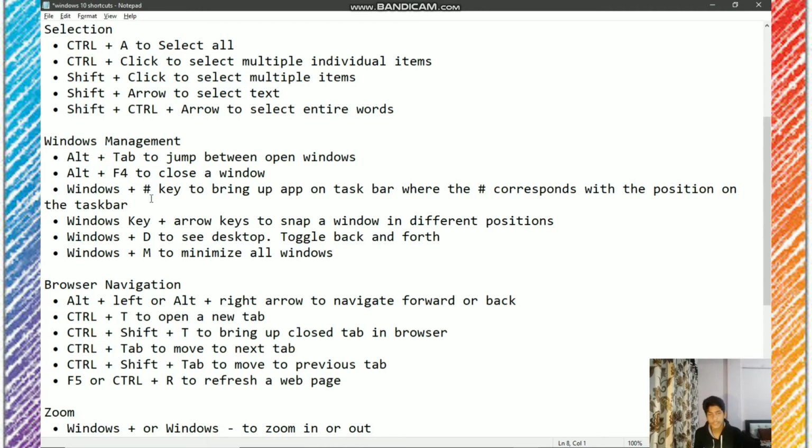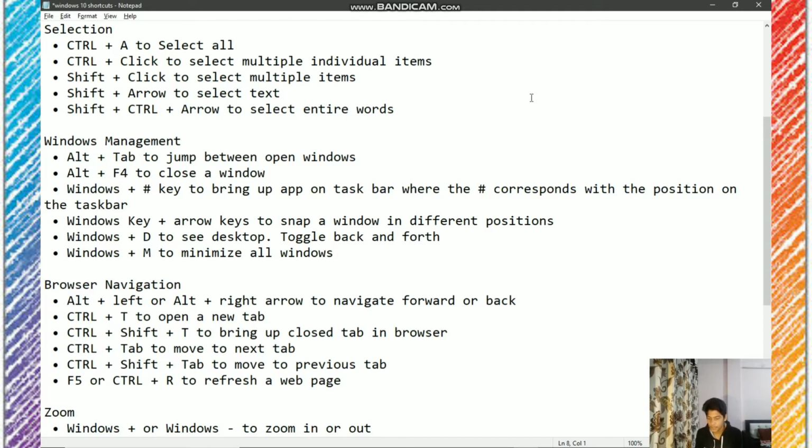You can see these are the number keys with special symbols. So if you press 1, 2, 3, 4, 5, 6, 7, 8, 9, these number keys with symbols,